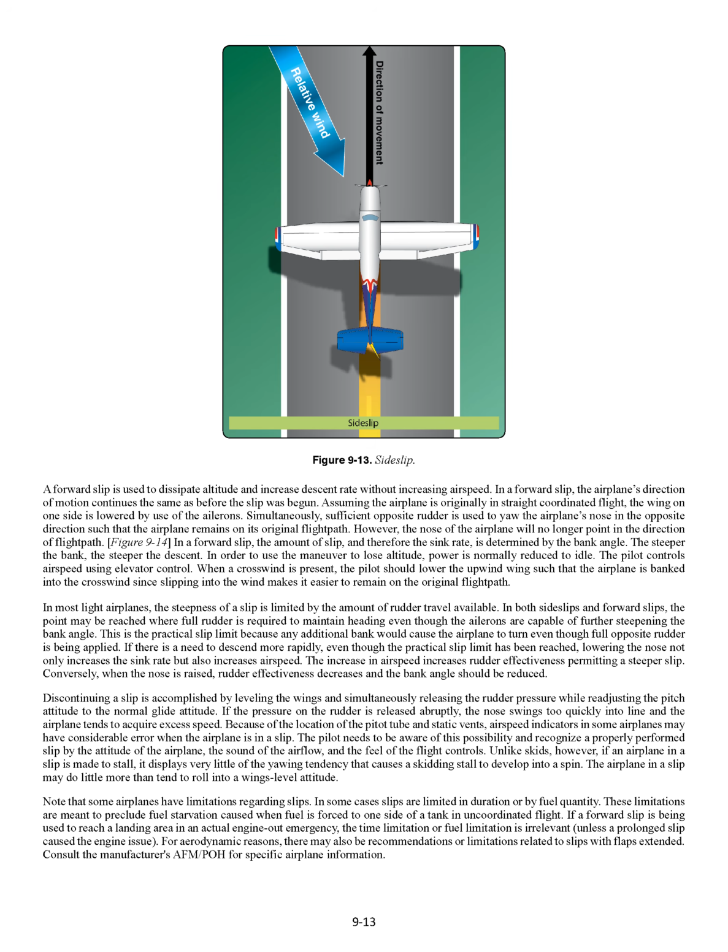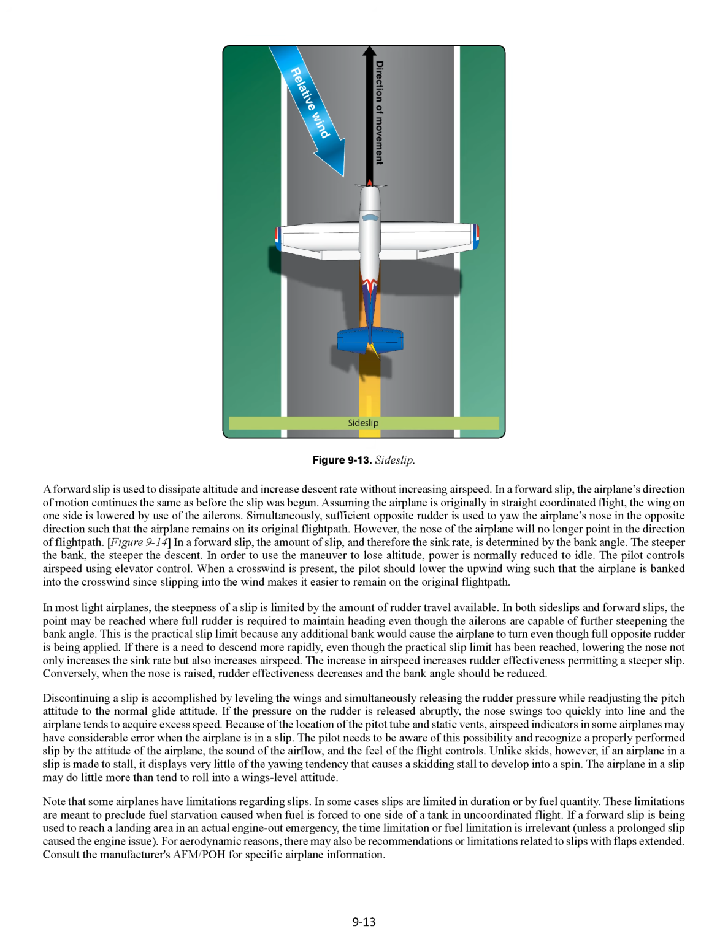In most light airplanes, the steepness of a slip is limited by the amount of rudder travel available. In both side slips and forward slips, the point may be reached where full rudder is required to maintain heading even though the ailerons are capable of further steepening the bank angle. This is the practical slip limit because any additional bank would cause the airplane to turn even though full opposite